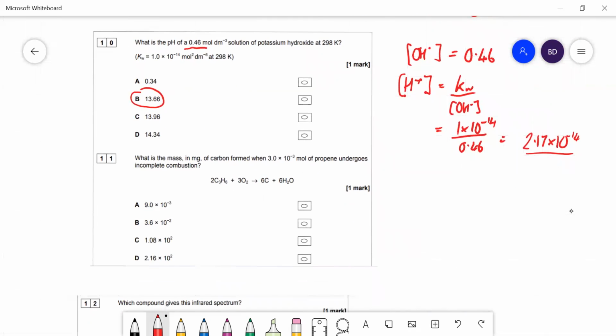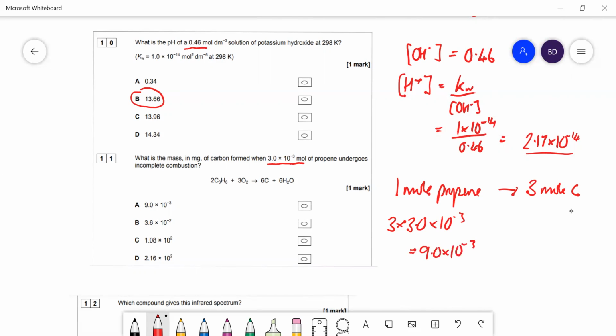Okay, what is the mass in milligrams of carbon formed when you've got that many moles of propene? Okay, so that many moles undergoes incomplete combustion. 1 mole of propene is going to give us 3 moles of carbon. So the moles of carbon is going to be 3 times 3, which is equal to 9 times 10 to the minus 3. And so the mass of the carbon, multiply the moles by the atomic mass of 12. It's going to be that multiplied by 12, which is equal to